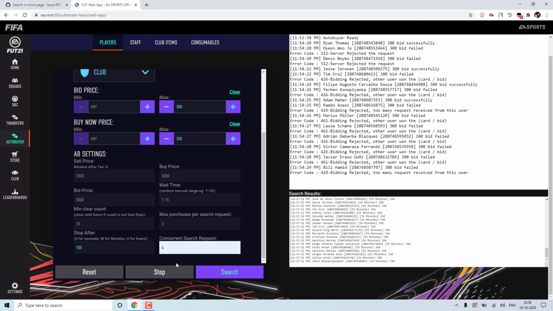So the chances of you getting that card increase. But since you are sending more parallel requests, there are chances you can get banned. So whenever you are running the tool for only a few seconds, like whenever you are trying to snipe a card, mostly you will run it for 5 or 10 seconds. In those cases, you can give concurrent search request greater than 1. The default value will be 1.